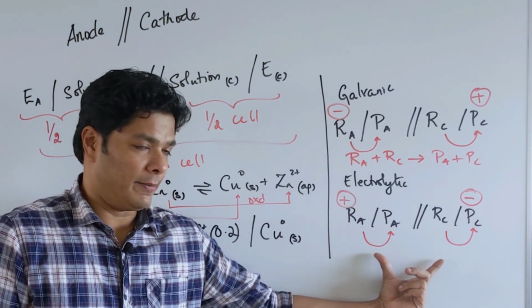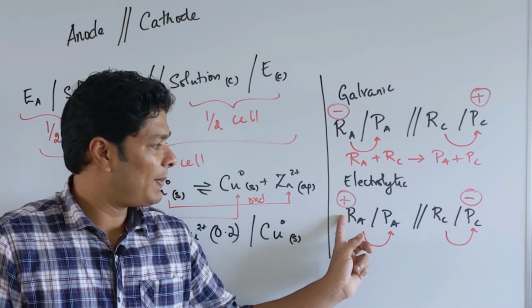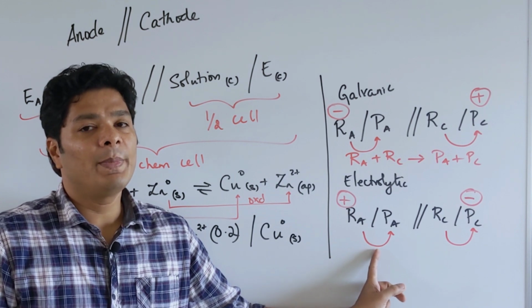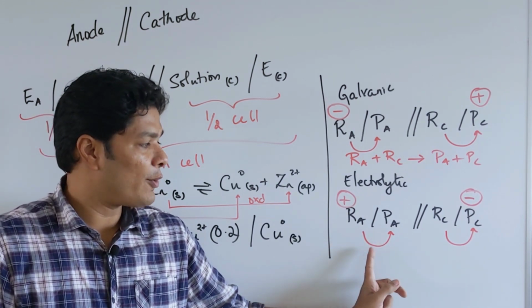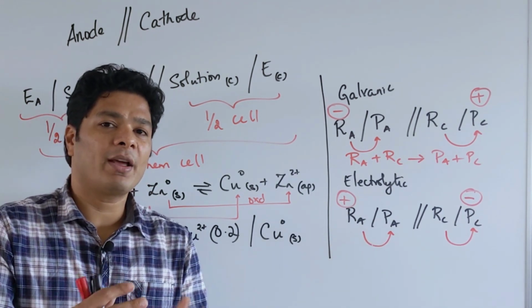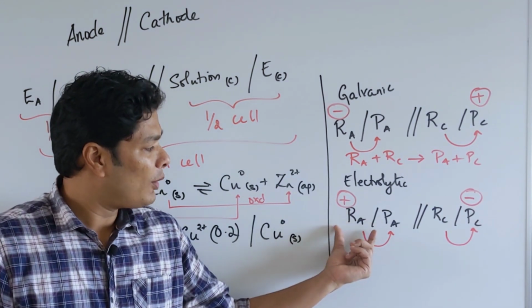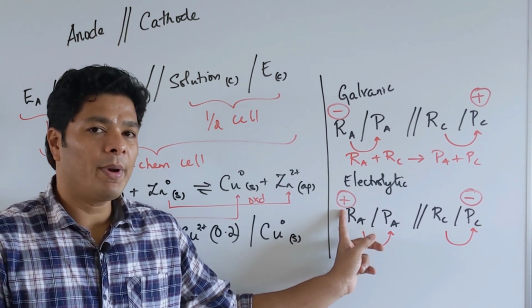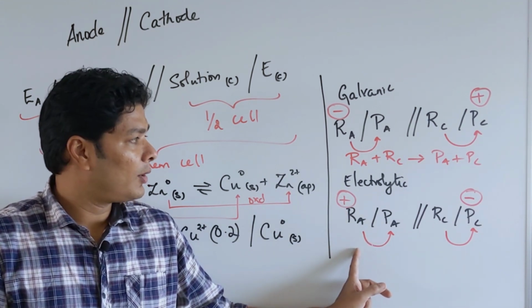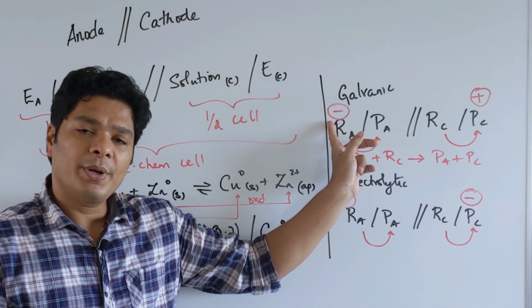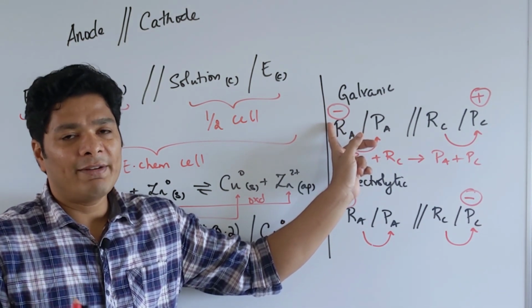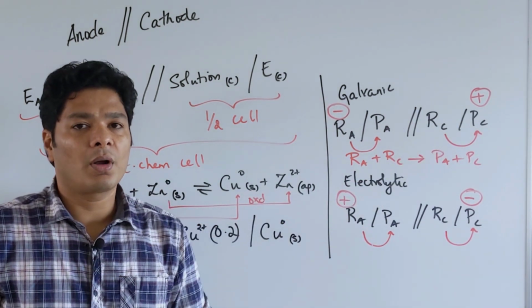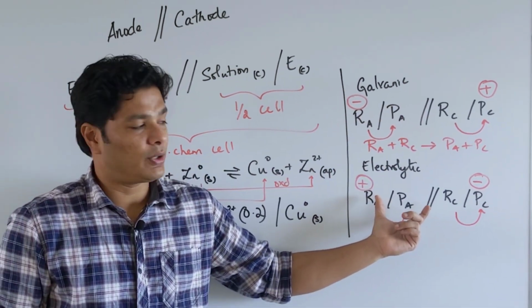So if this is given, and let's say this is printed and you see a plus on the left side, automatically that tells you that it is an electrolytic cell, because IUPAC convention says anode has to be on the left side, meaning the examiner cannot print it otherwise. So it is always going to be anode on the left side. So if there is a plus sign there, that automatically means it's an electrolytic cell. If there is a minus sign here printed, eyes closed, that is a galvanic cell. Let's say for example they flip this, then the cell notation itself is wrong. So obviously they cannot ask you a question based on that.